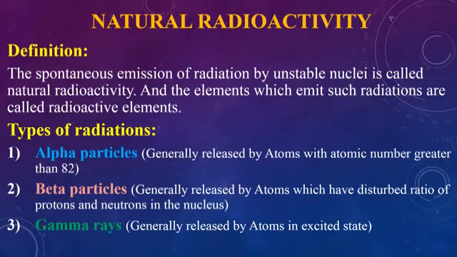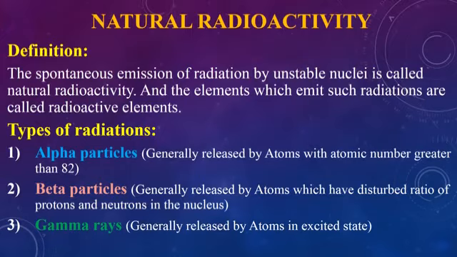These alpha particles are generally released by atoms with atomic number greater than 82. The elements which have atomic number greater than 82 are generally unstable, and in order to get stable, they release particles in the form of helium particles, and such particles are called alpha particles. Alpha particles, beta particles, or gamma rays are the three kinds of radiations which radioactive elements release during their